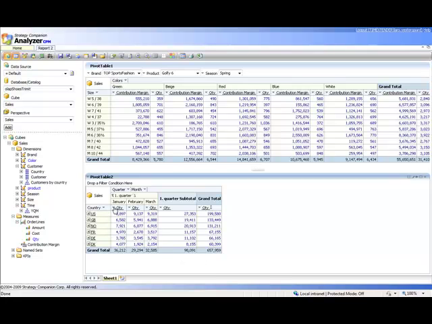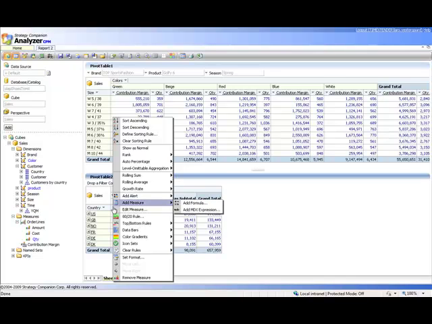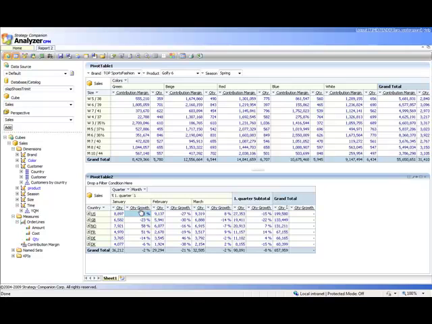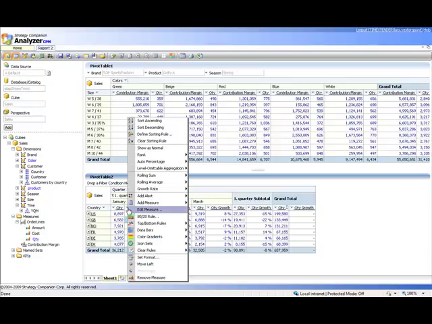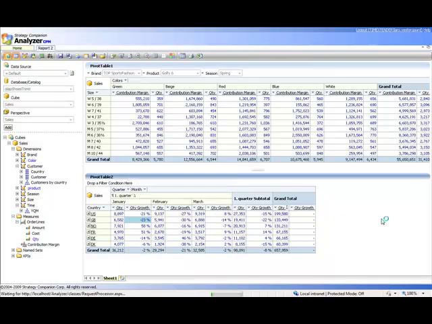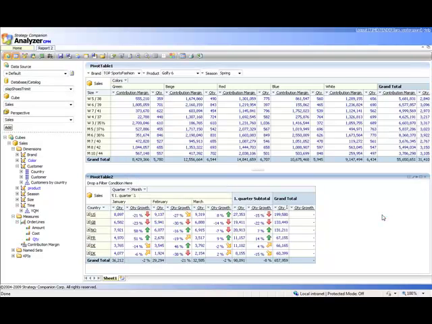If I click the quantity measure here for January, I can add things like year to date, quarter to date and so on, but also I can choose to show the yearly growth rate. Now this will give me the growth rate of quantities for January compared to January last year. So I can see the percentage growth here. And to help my user, I can choose to add an icon set here, using arrows, indicating the trends that we see. Now this kind of overview can be very helpful,